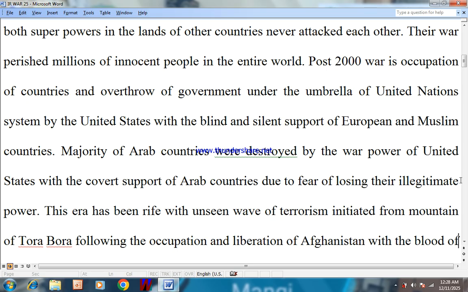The majority of Arab countries were destroyed by the power of the United States with the covert support of Arab countries due to fear of losing their illegitimate power. This era has been rife with an unseen wave of terrorism initiated from the mountain of Tora Bora following the occupation and liberation of Afghanistan with the bullets of